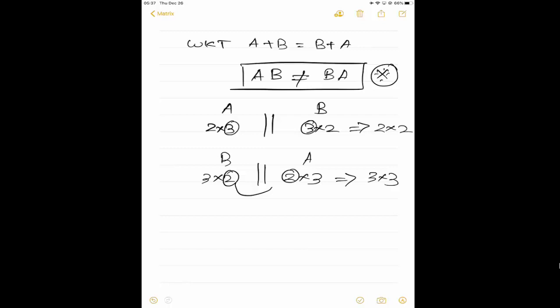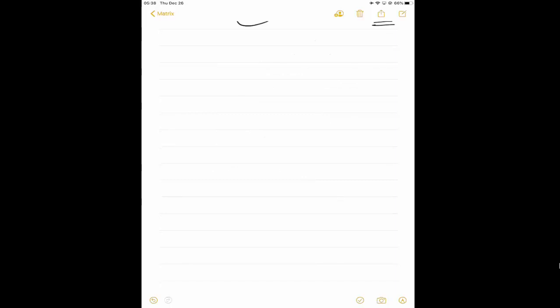It means when you multiply A and B, you will get 2 rows and 2 columns as an output, but when you multiply B and A, you will get the output as 3 rows and 3 columns. So without any proof, I can directly say A into B is not equal to B into A. Then the next rule is